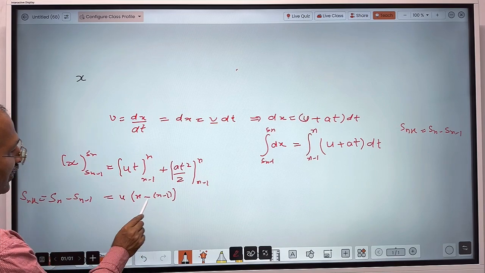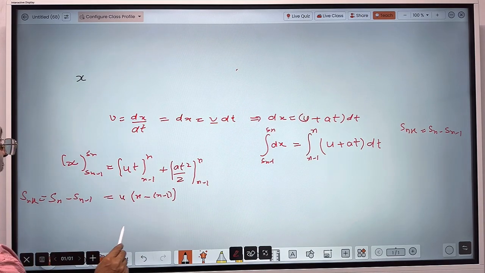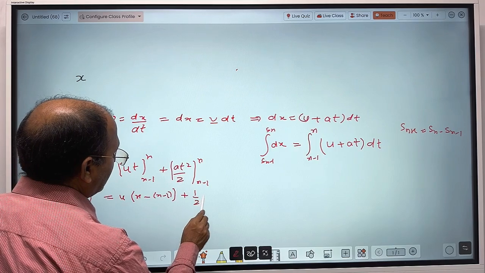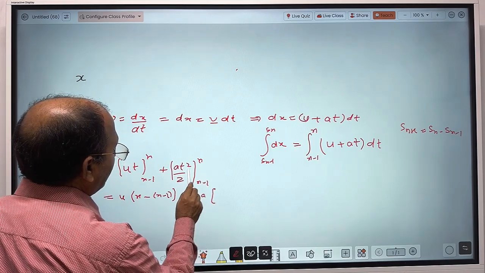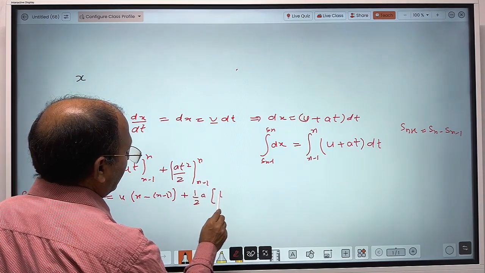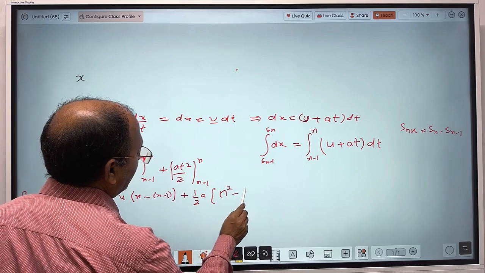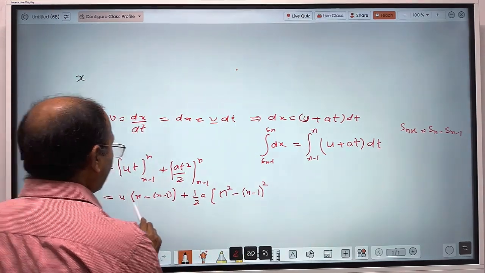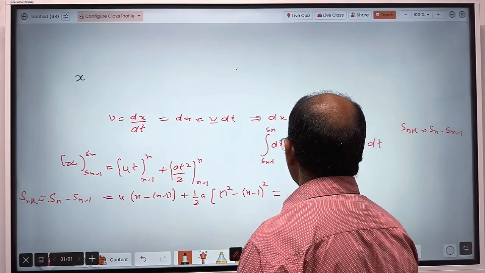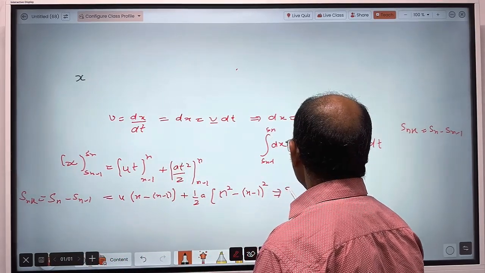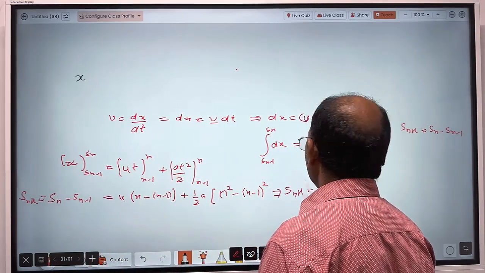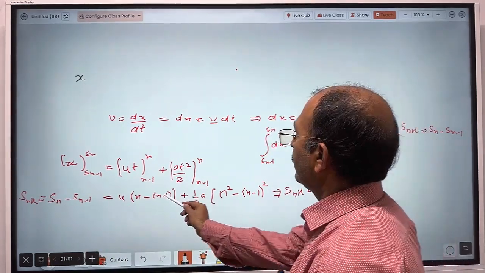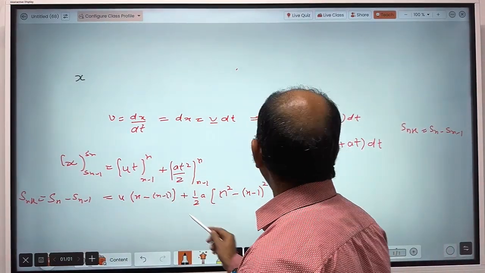Here n will cancel out and plus 1 will be left. Here we can keep 1 by 2 a outside, then in place of t we write n, so n square, sorry, this is n square minus n minus 1 square. We further simplify the same thing. So Snth will be equal to un, as I told you, when we open the bracket, n will cancel out,